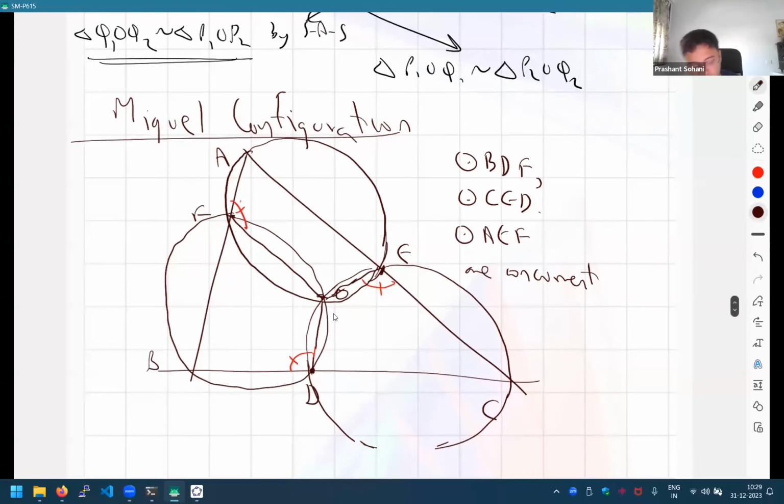Okay, so this is typically what the Miquel configuration starts from. And then as a property, they derive the fact that O is the center of spiral homothety around which, in this diagram, the triangle DEF is like our PQR, right? And so from here, they derive the fact that O can be the center of a spiral homothety for any